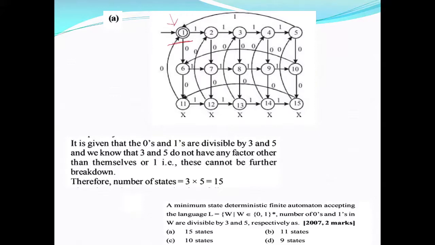So it is always in between, right? So it will reach here only when the number of ones is this and the number of zeros is like this, right? That is how it is going to. Number of zeros divisible, number of ones divisible. When there are 5 ones, you will be here. When there are 2 ones, before 2 zeros you can get any number of zeros, either 0 or 1 or 2 or 3, right? So this is the minimum state DFA for the given language. So the rule is you can have the n into k rule.